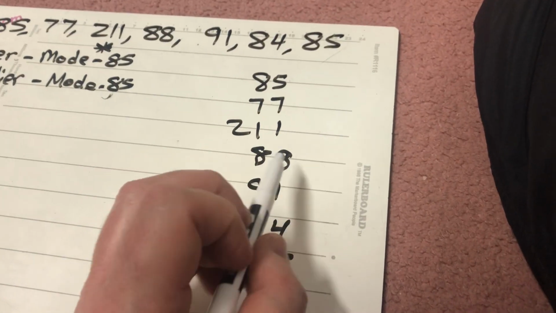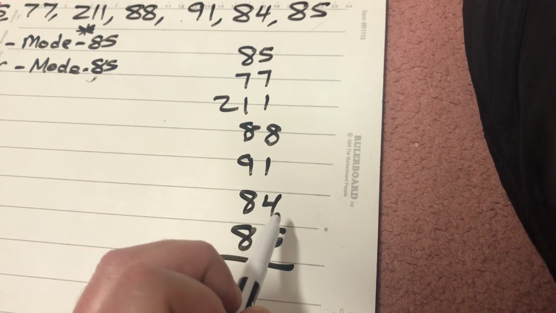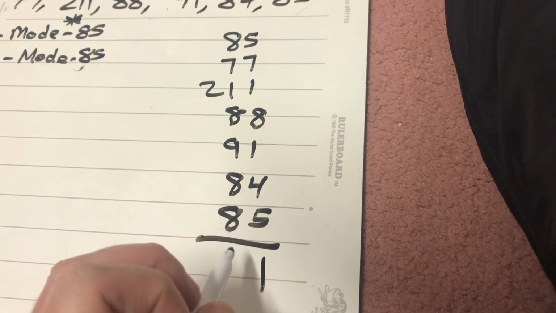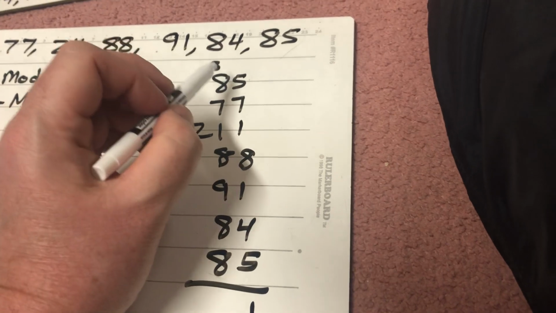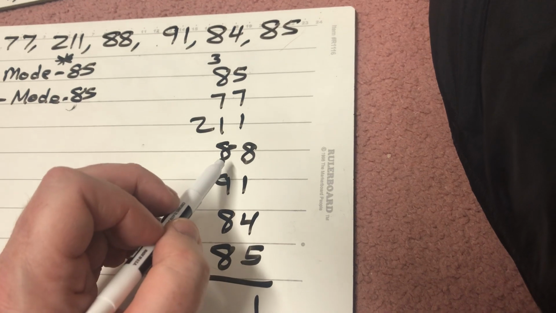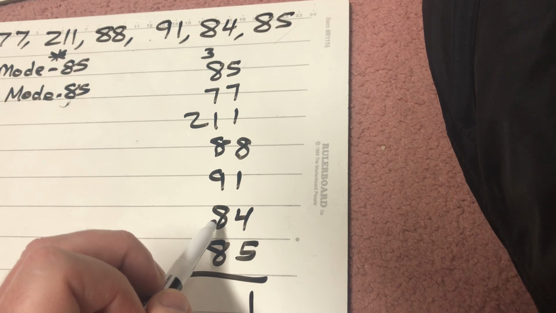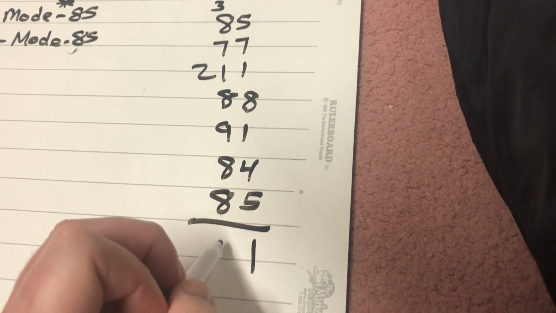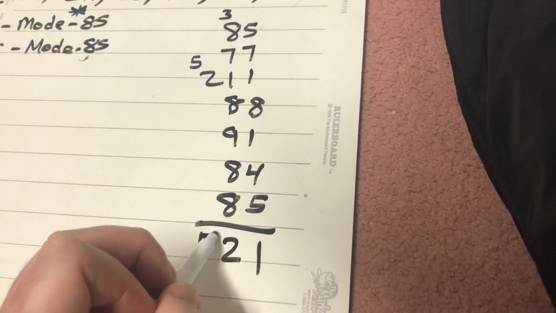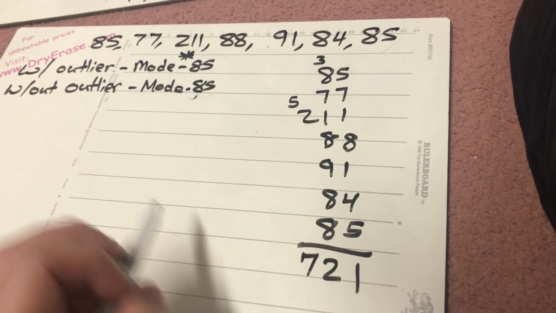5 plus 7 is 12, plus 1 is 13, plus 8 is 21, plus 1 is 22, plus 4 is 26, plus 5 is 31. So put the 1 down, carry the 3. 3 plus 8 is 11, plus 7 is 18, plus 1 is 19, plus 8 is 27, plus 9 is 36, plus 8 is 44, plus 8 is 52. Put the 2 down, carry the 5. 5 plus 2 is 7. I get 721. Now remember, I have to divide that by how many numbers are in the set, which is